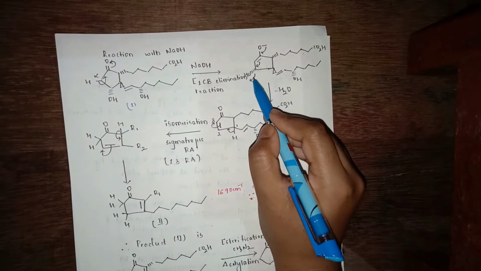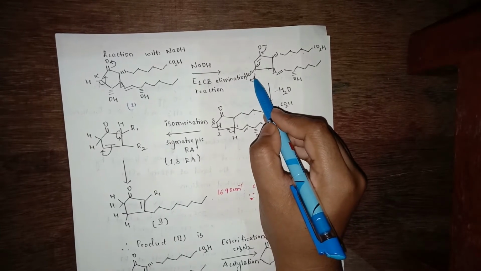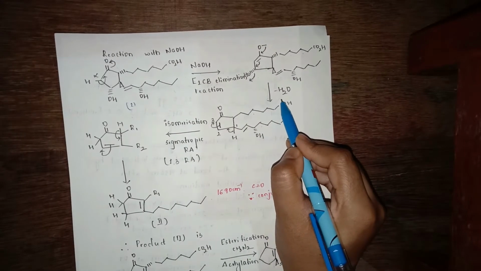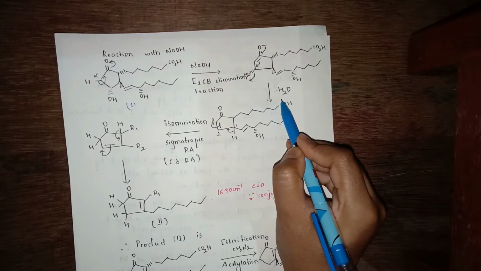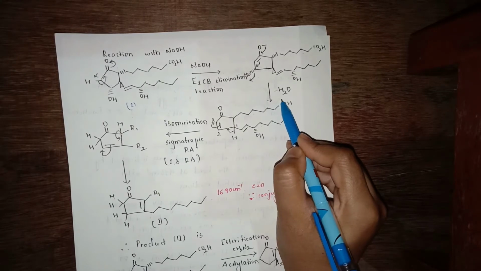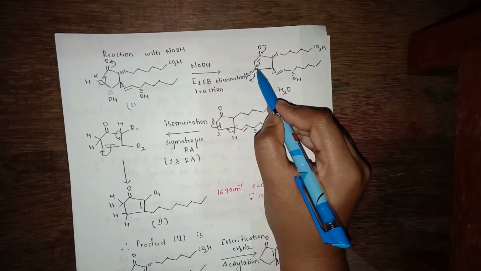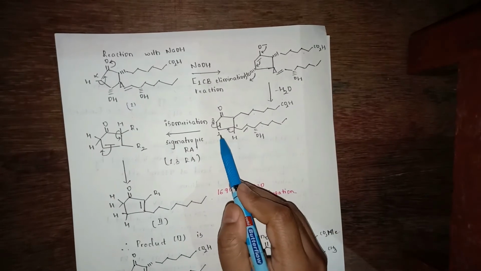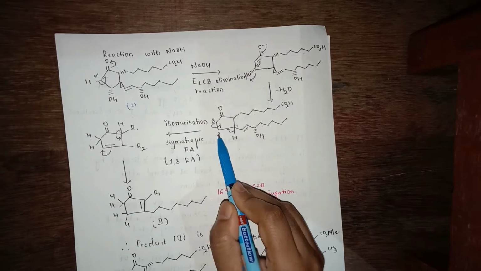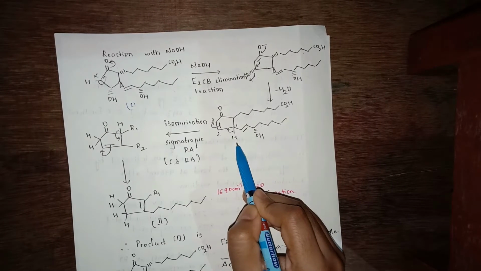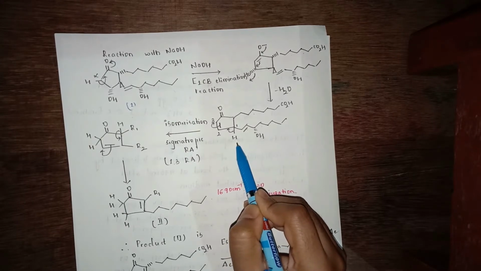So this means that this OH is very sensitive in nature. That is position number 11, OH is very sensitive in nature. In turn, it will be a removal of water molecule. Upon the removal of water molecule, I can say that now this double bond has been shifted here. Now once there is a shifting of this double bond, can I not see that there is also a proton present over here? Definitely. Now I will be doing an isomerization reaction.